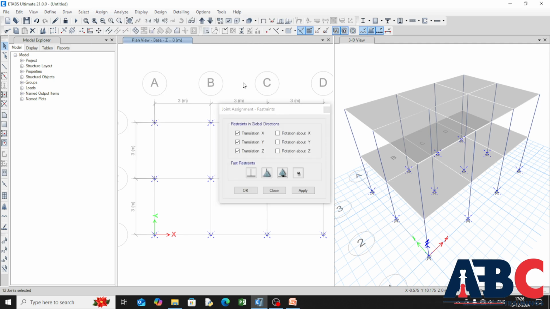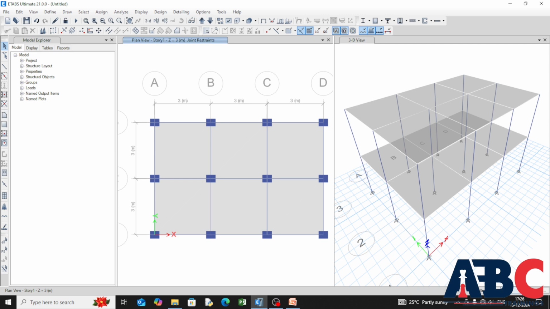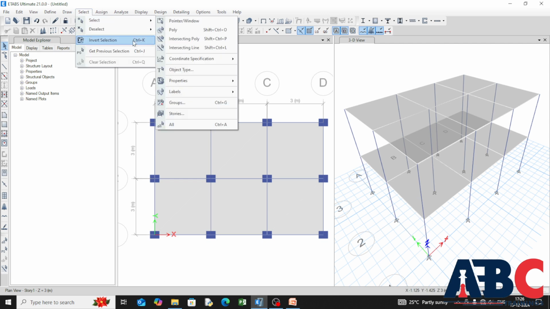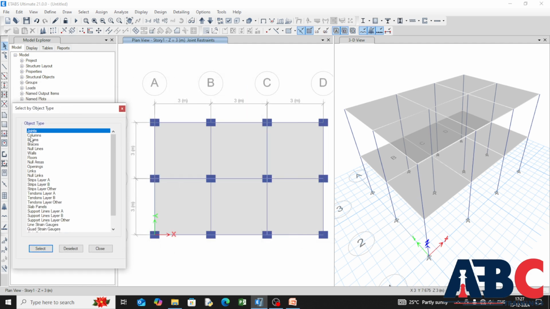Make the joint fixed, and click OK. Then come to select, sorry, select column, define load,